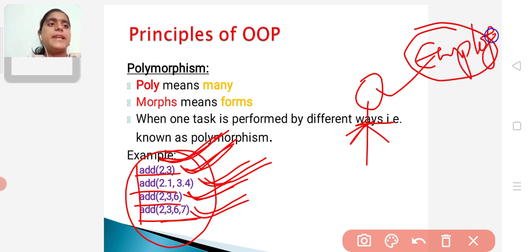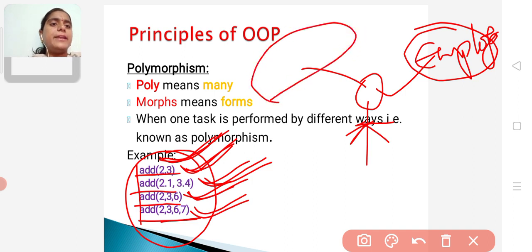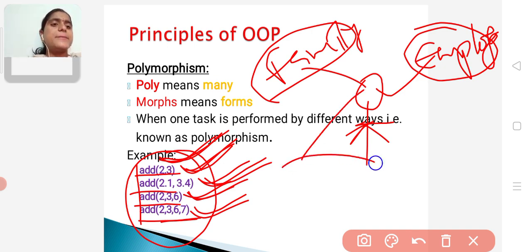In office he behaves like an employee, in family he behaves like a father, and in a shop he behaves like a customer.